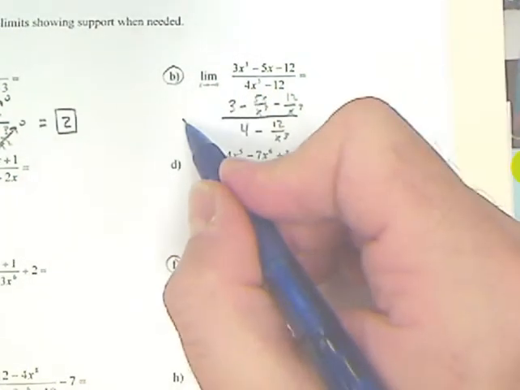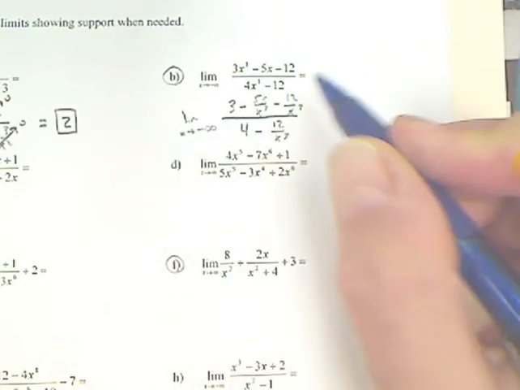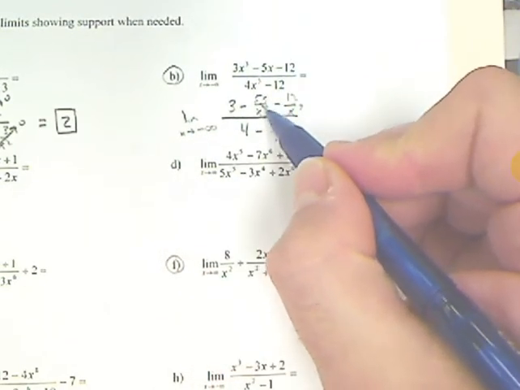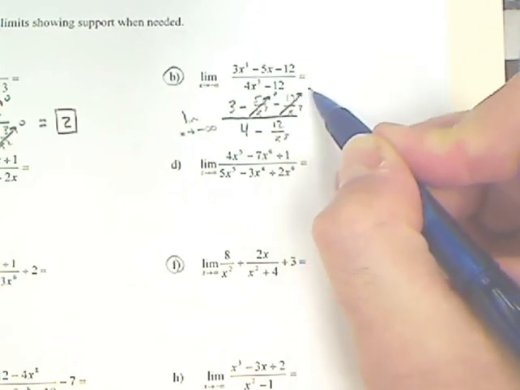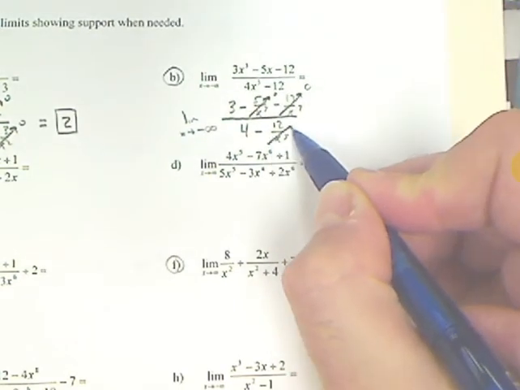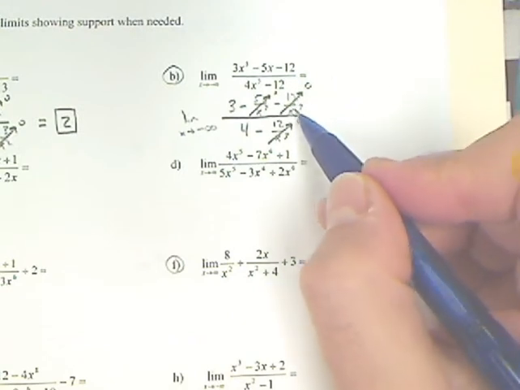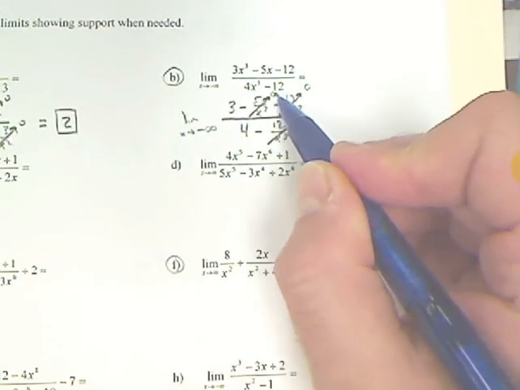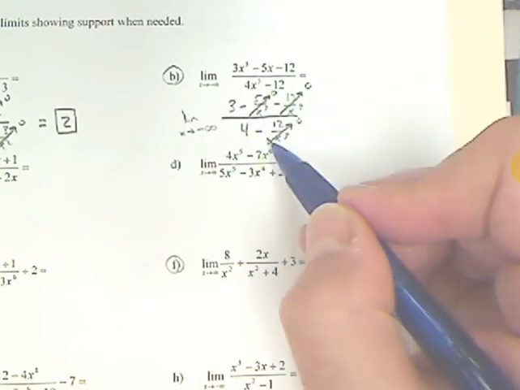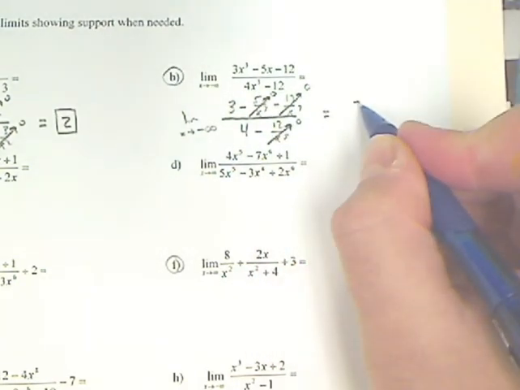If you now do the limit as all the x's become huge negative numbers, you would recognize that this fraction's getting really, really close to 0. This fraction's getting really, really close to 0. And this fraction's getting really, really close to 0. Because fractions that have the denominator getting bigger faster than the numerator are getting close to 0. That's what we did yesterday. So all that's left is that 3 and that 4 with a bunch of zeros, and that is the answer,